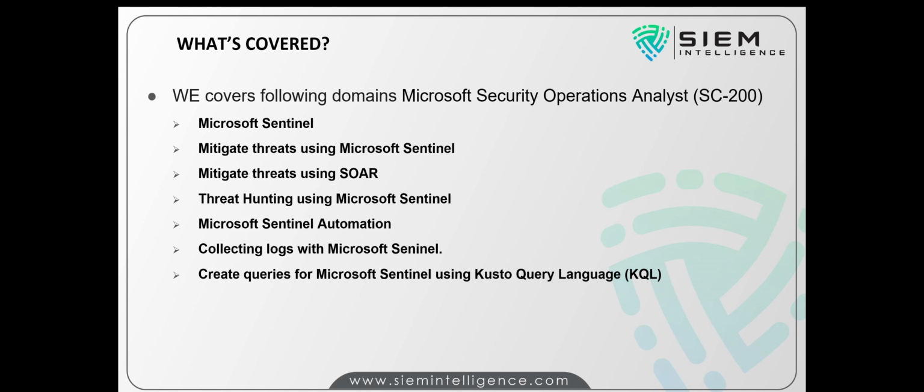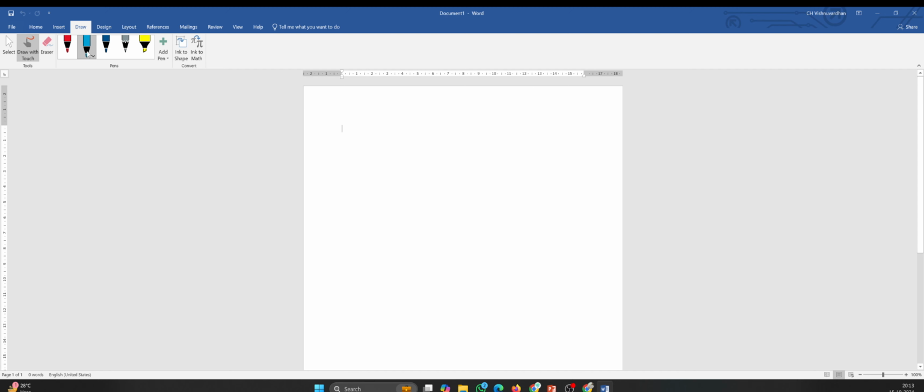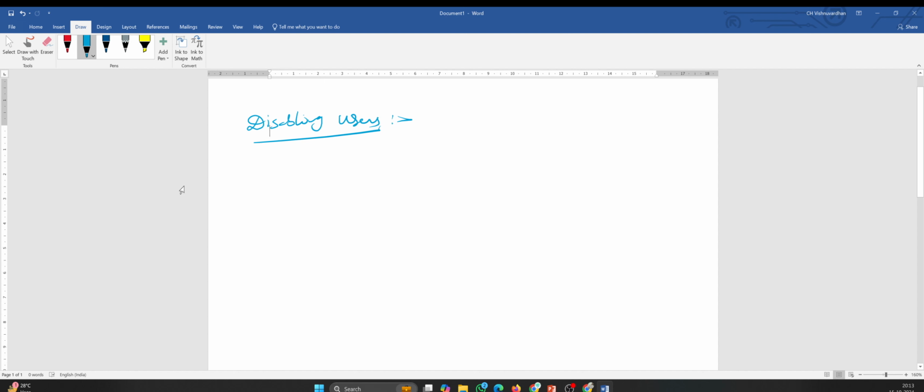Again, I have a small query on this. Automated response means that if there are common steps, let me take a Windows example. Let's say you know there is an activity called disabling users. For doing this, we have common steps.